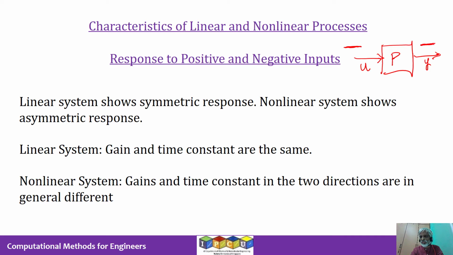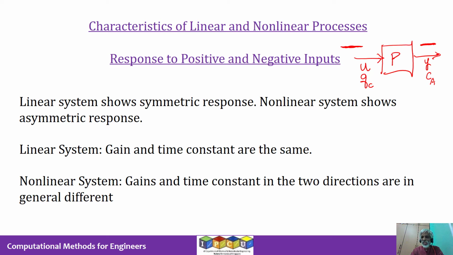So this line refers to the fact that U has been steady at this value, and corresponding to that steady value of U, the output Y is also at a certain steady value. So U could be the coolant flow rate, QC. Y could be the concentration of A in a chemical reactor, if this P denotes a chemical process.